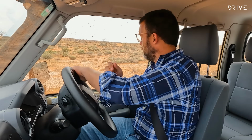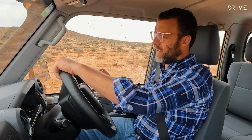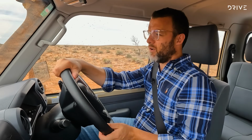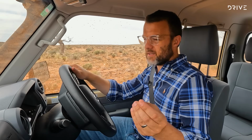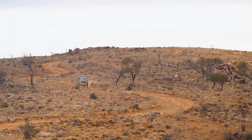So which is the better choice, 4-cylinder or V8? It comes down to a head or heart decision, I think, and looking at it in the most rational way possible, this 4-cylinder is the better choice. It's got a better transmission, it's more easily accessible, it offers better performance, better efficiency, better payloads as well, slightly better refinement. So that is a no-brainer,